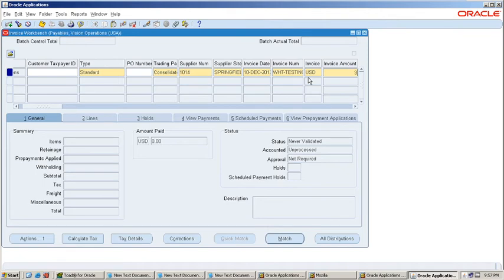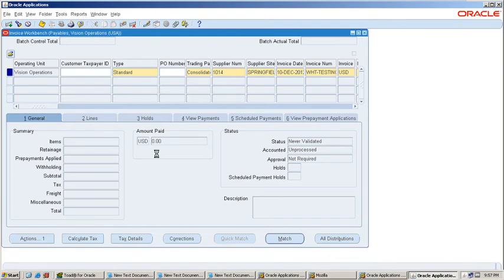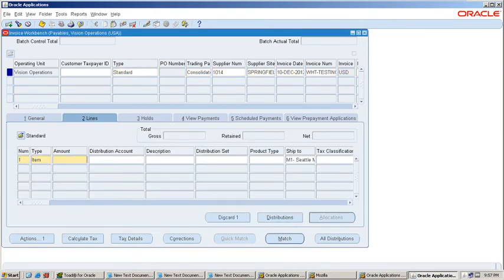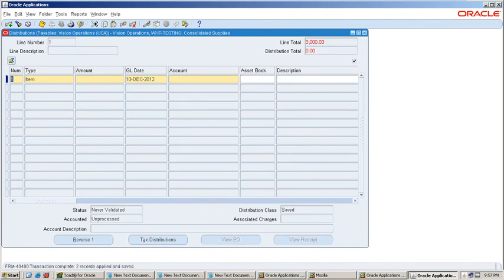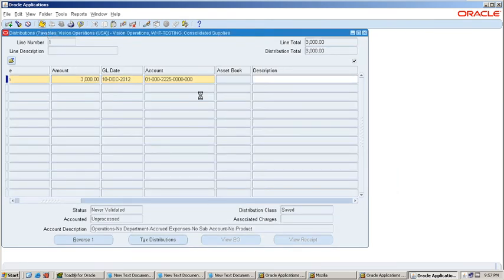The amount which I am passing is 3000. Now I am entering the invoice line details, 3000. Distributions, I am giving 3000, and the account 0100 54225 0 0. Click on OK. Now save the record.